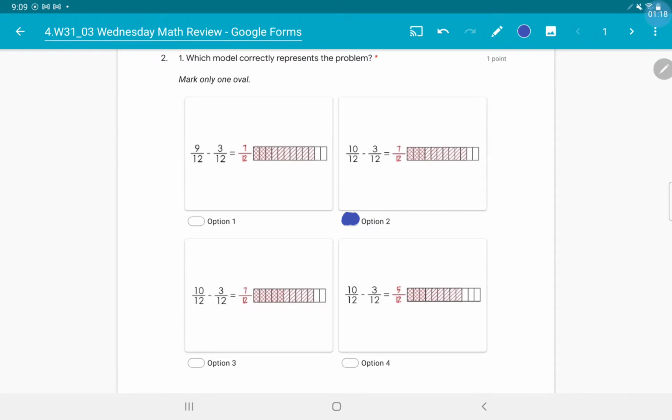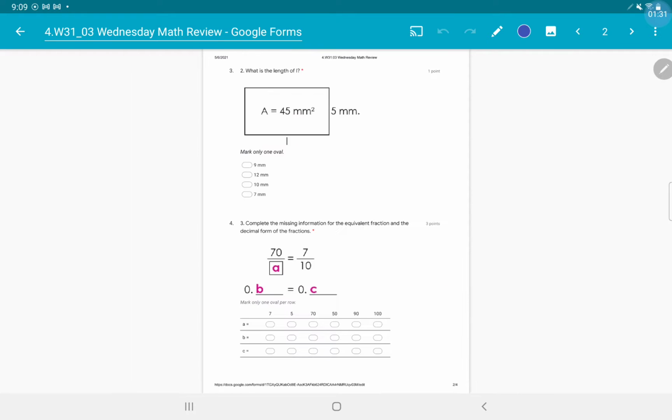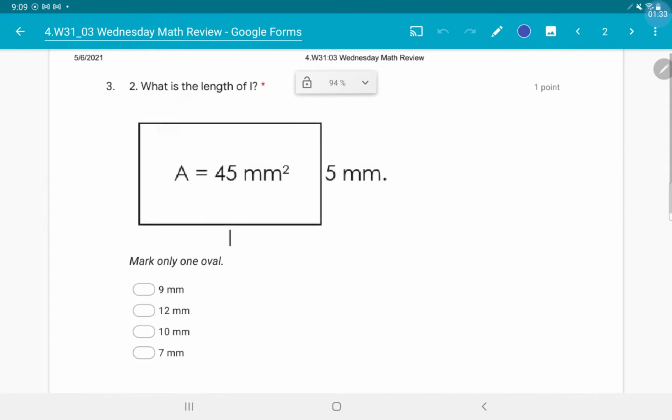You're exactly right. The math was correct, but the diagram did not match. Okay? Yes, ma'am, did you have a question? No. Okay. All right, so the next one we have a rectangle, and it wants to know the length